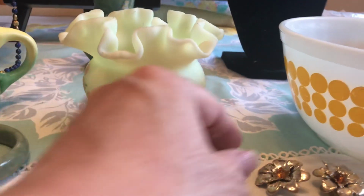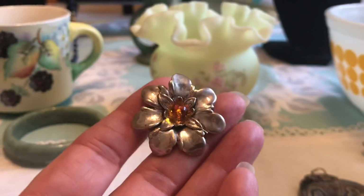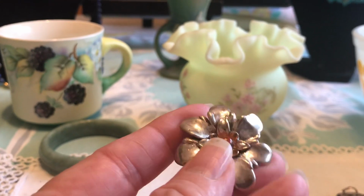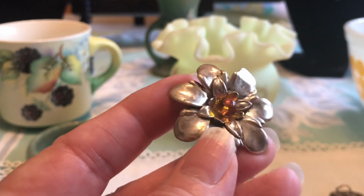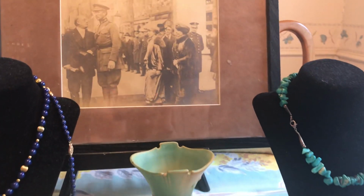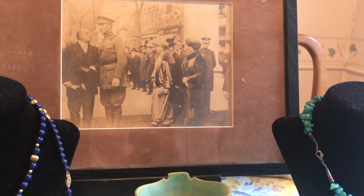At the same time that I was there, I found these sterling silver clip-on earrings with the little amber bead in the middle, and they were $1.50 as well, and they've got a good weight to them, so those were a nice find. I also went to an estate sale, and I found this